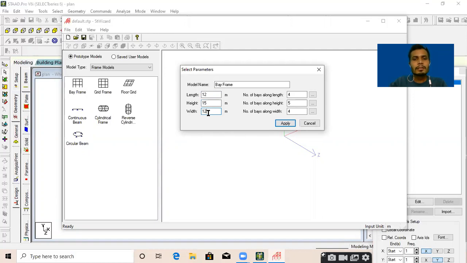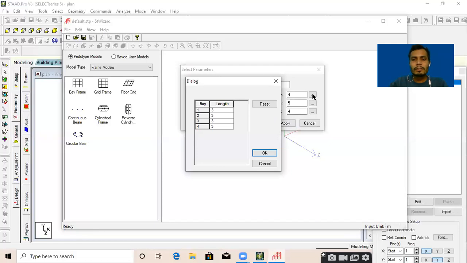I am taking 12 meter. Okay. Number of bays along the length. Just remember the 4 bays I am providing. If you want to change a bay distance, you need to click on this check mark, or there are 3 dots. Just click on that and you can change the distance from here.